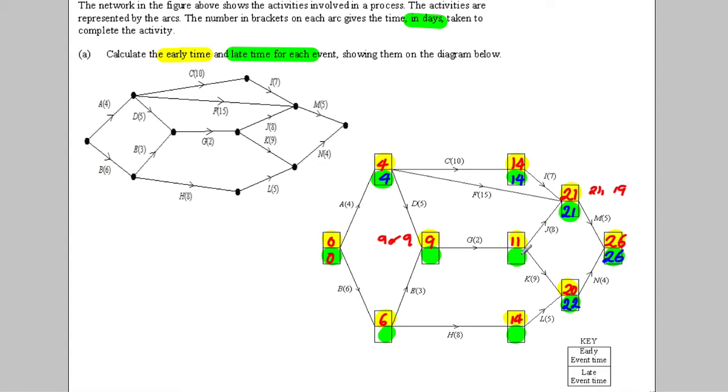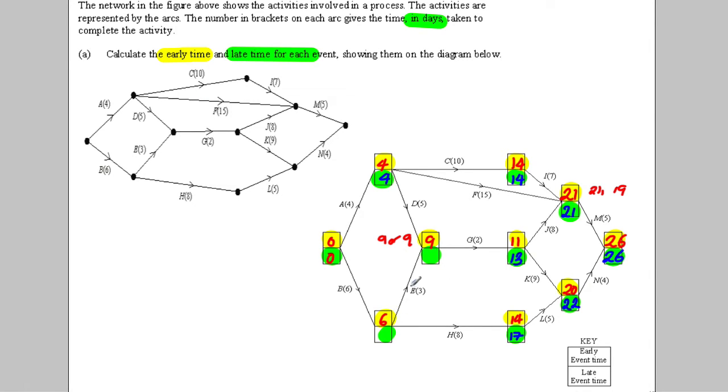Let's go here. Either it's 21 take away 8, which is 13, or 22 take away 9, which is also 13. Okay, so I'm going to write 13 in there. What about this one? 22 take away the 5 is clearly 17. What about this one? It's either 17 take away the 8, okay, which is 9,